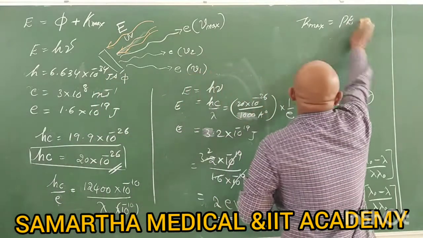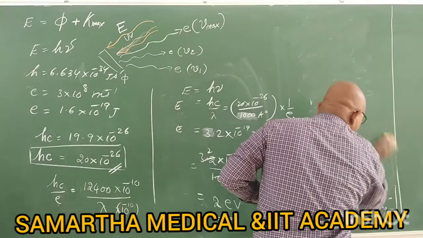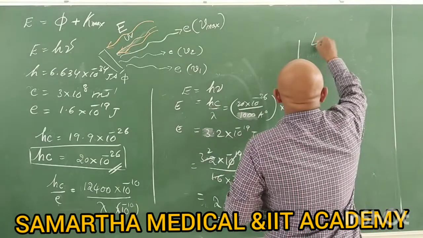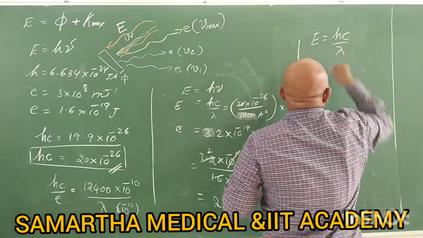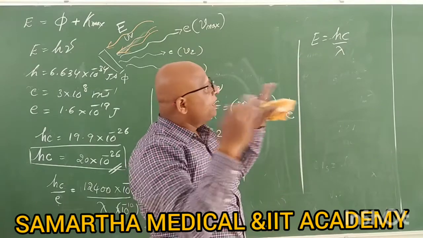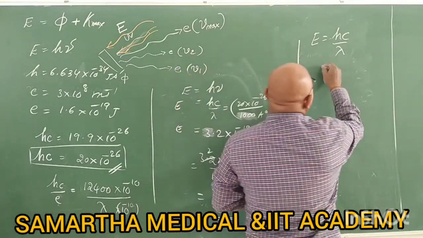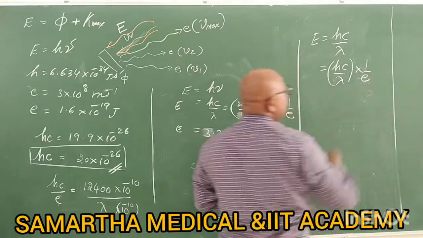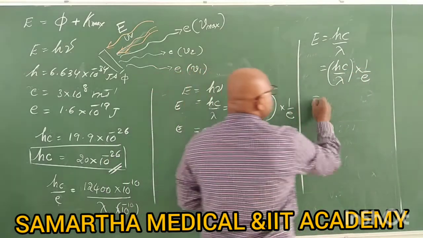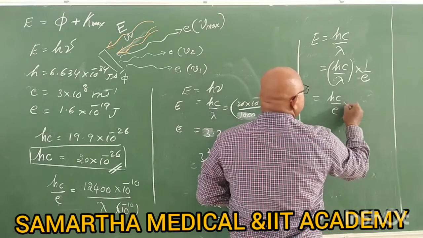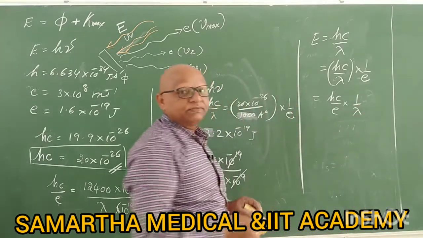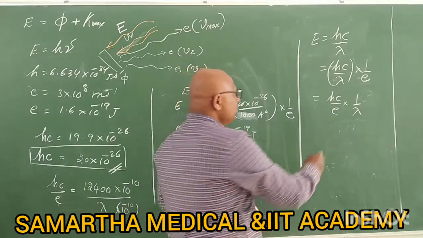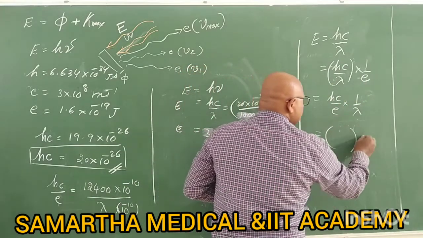That's why to go from joule to EV, E is equal to Hc by lambda. This is the way to calculate energy, and Hc by lambda, if you divide it with E again, or in other words, Hc by E into 1 by lambda if you write,